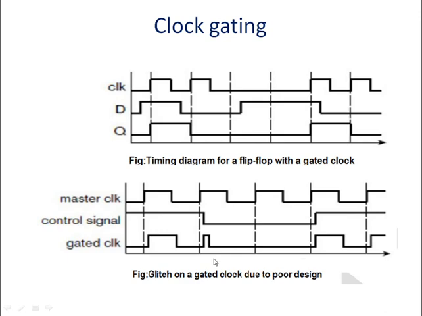Further, if the control signal has glitches, for example, due to differing delays in paths to combinational logic that generates the signal, those glitches may be passed through to the gated clock. The solution to these problems is not to express the clock gating in the RTL model of the circuit. Rather, we should treat clock gating as a power optimization to be implemented by clock insertion tools during physical design. Several synthesis tools can perform such power optimization.